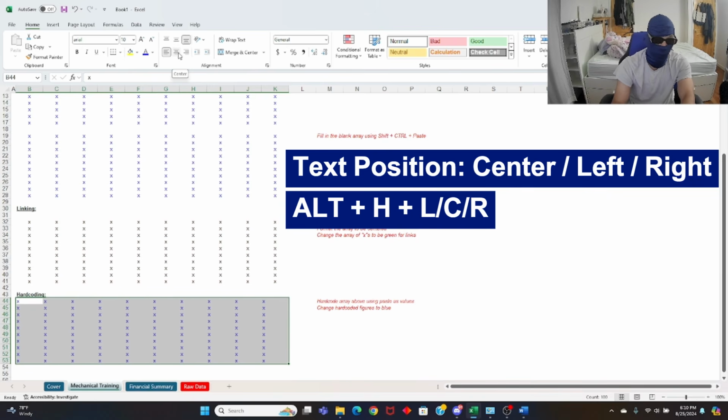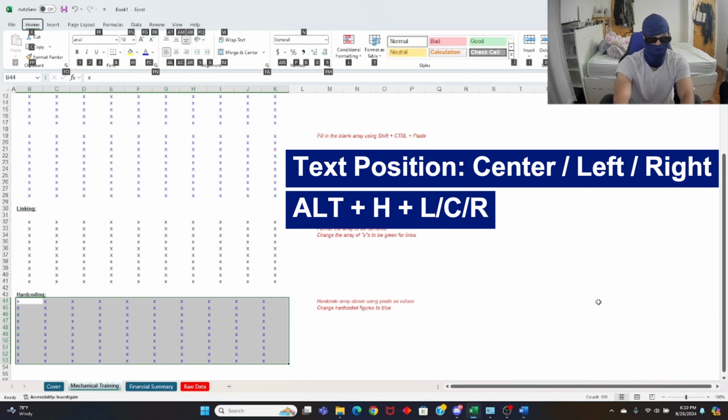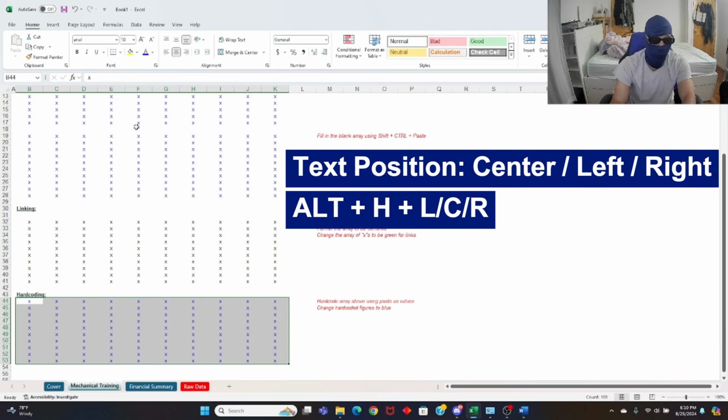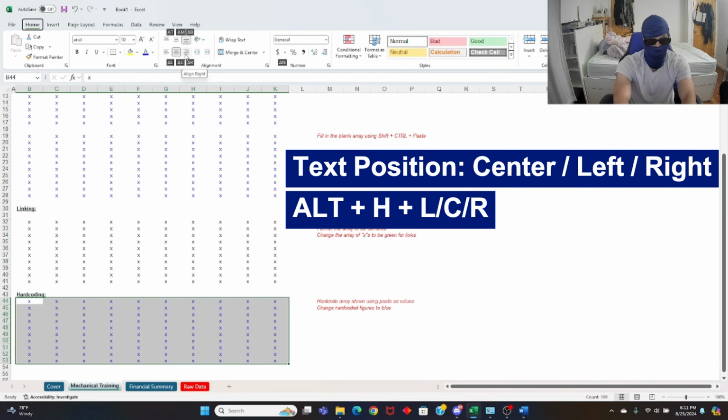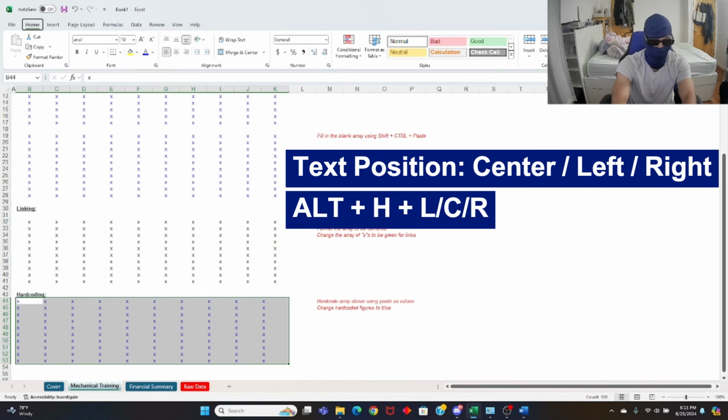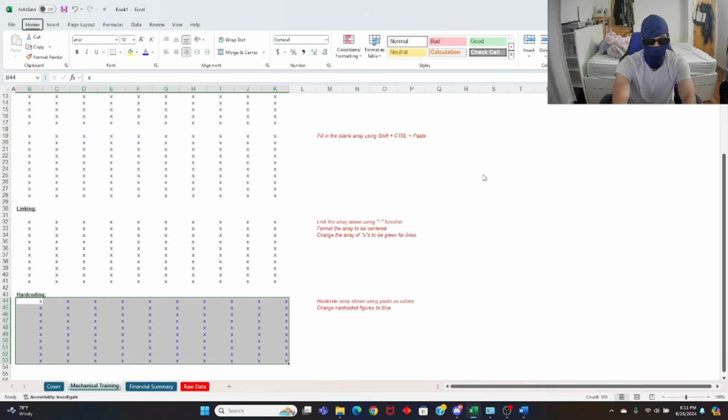This is the one we're going for, it's under Home: Alt H A C. Or you could do right: Alt H A R. Once you get very fast at it, it's Alt H A C, Alt H A L, Alt H A C, Alt H A R. So it becomes very second nature for you guys.